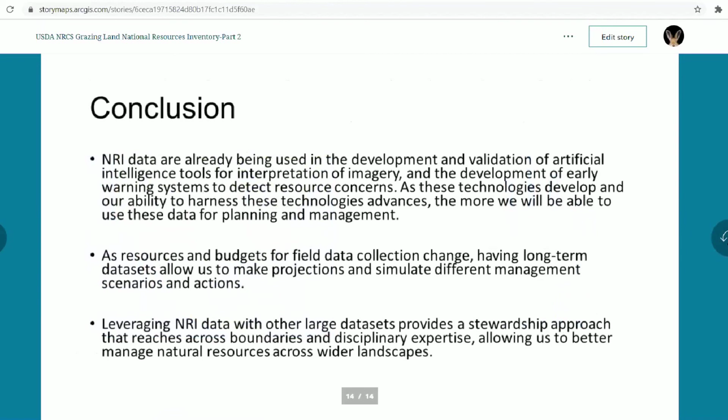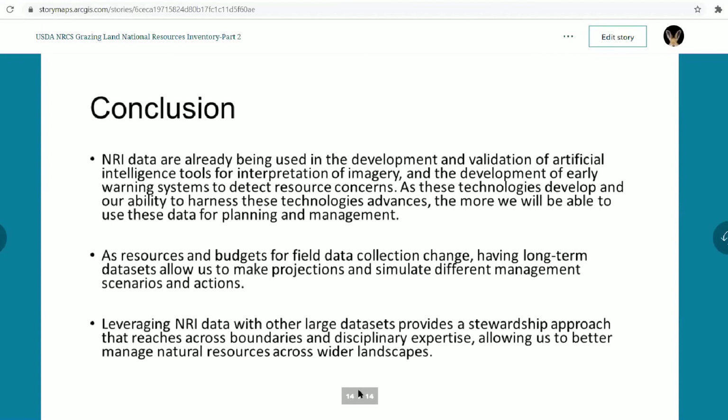So as you've seen, there's a broad range of different uses of the NRI data. In addition to providing information on status, condition, and trends of U.S. lands, the NRI data are large data sets with potential to address many diverse research questions. This presentation provides a broad overview of what is being done by some people, but much more is possible and much more is being done that I am not reporting. I just reported what I know of and what some of my collaborators are doing.